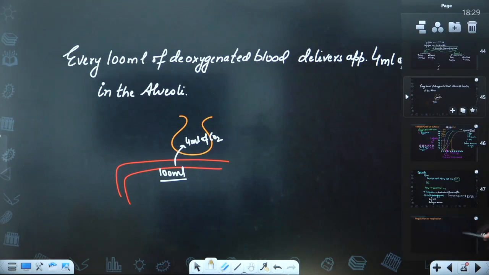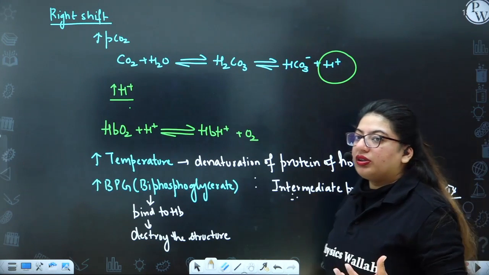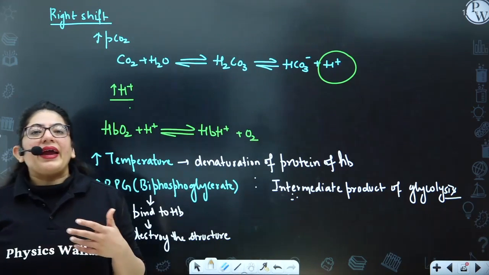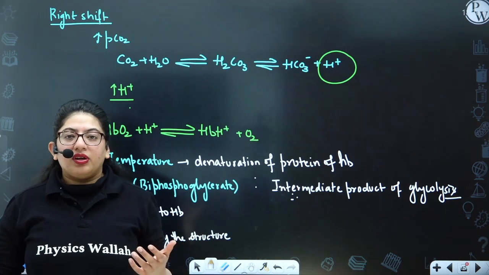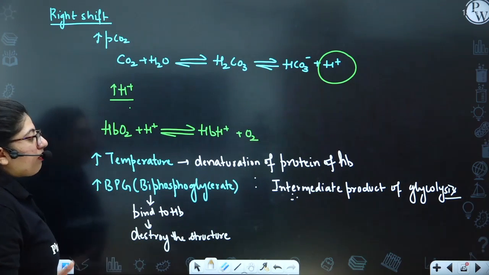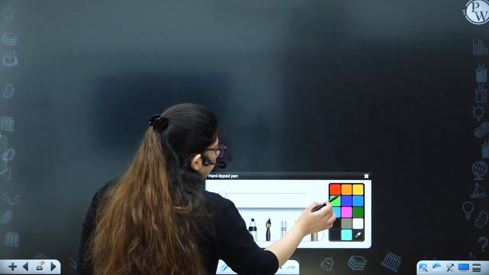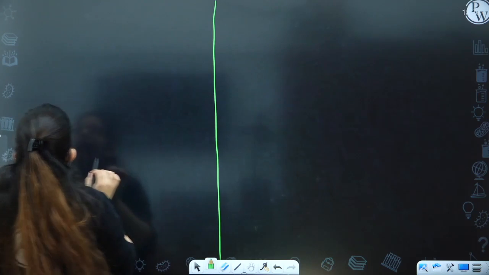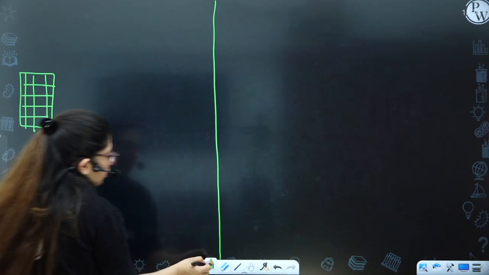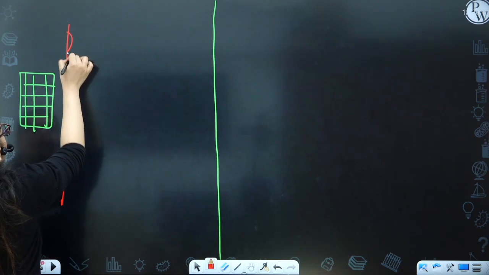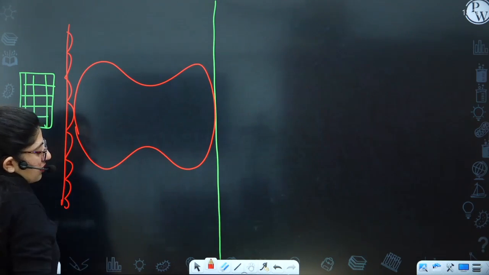All right, guys. Moving further to the next part, which is how the transport takes place, or at the site of exchange, how CO2 and oxygen get transported. So let's talk about them in a molecular way. All right, let's get started. If you have these structures known as tissues here, this is the endothelium. Endothelium is the simple squamous epithelium of blood vessels. And this is your RBC.